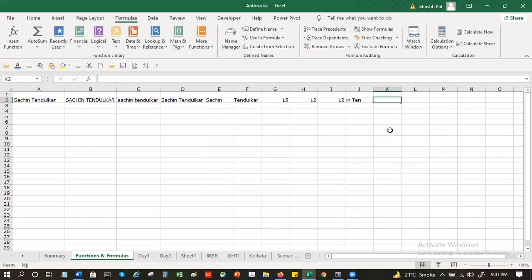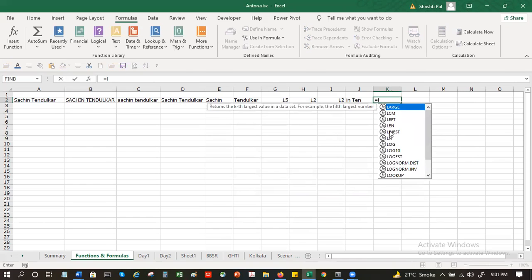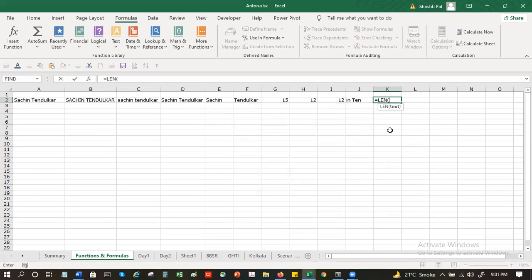Next, there is another function called len, which means length. Length gives you the number of characters in that word, including the space.